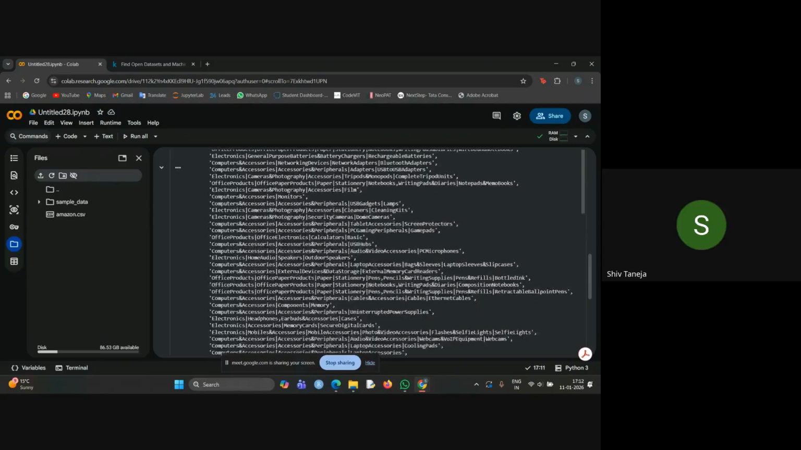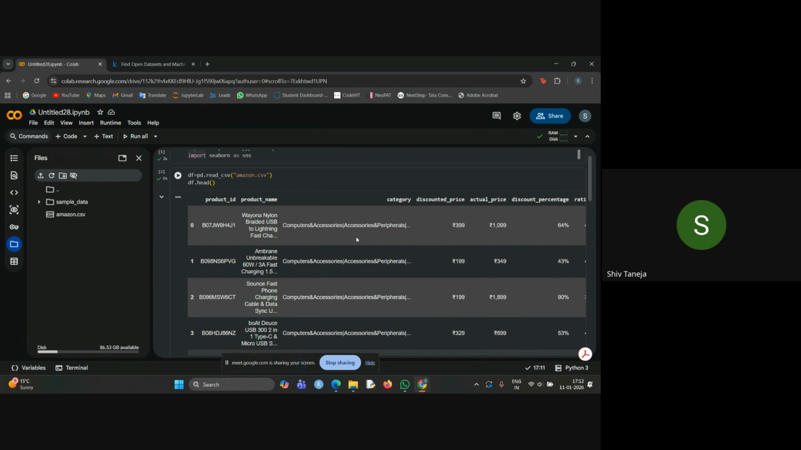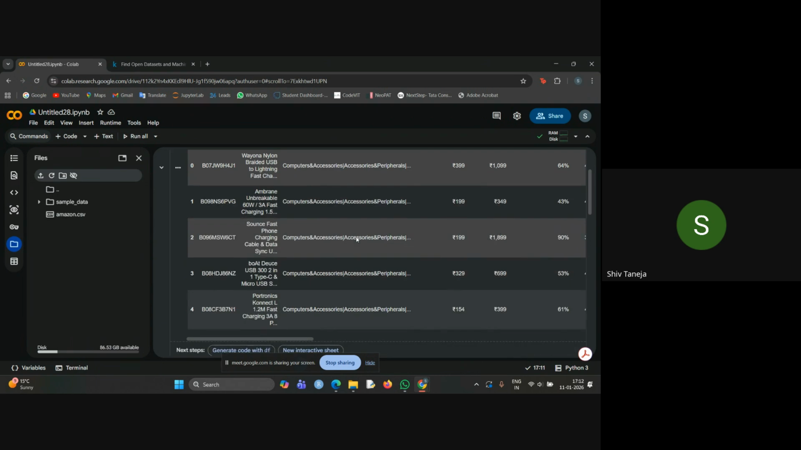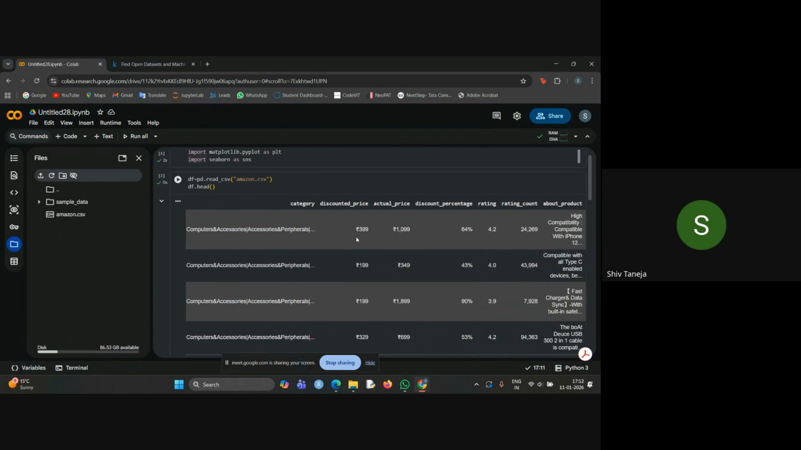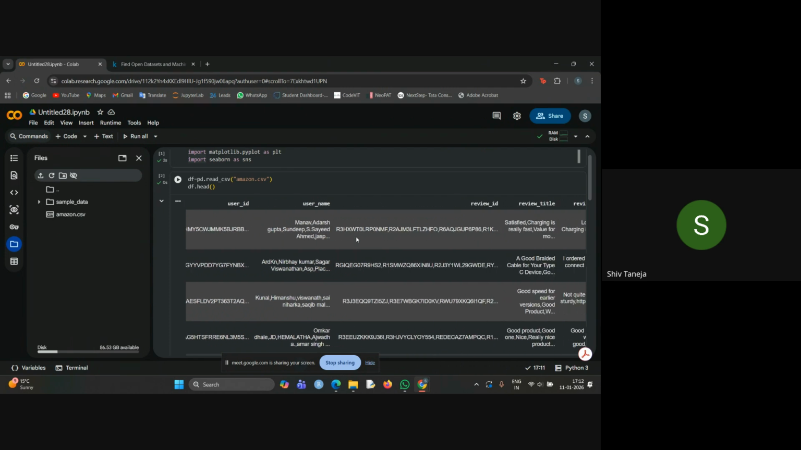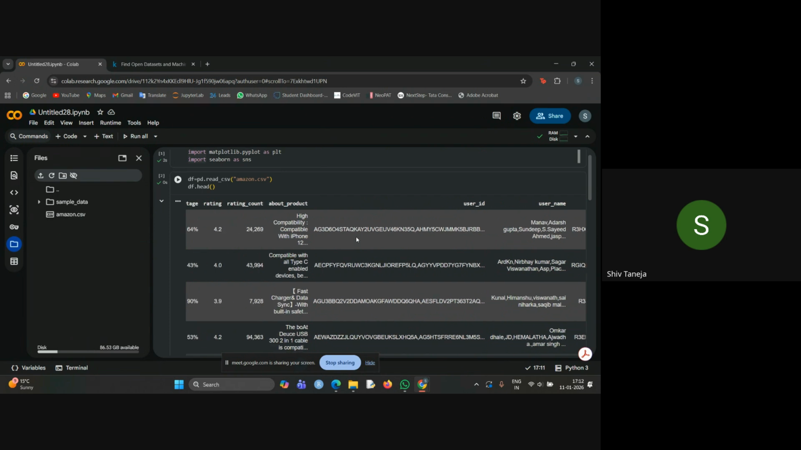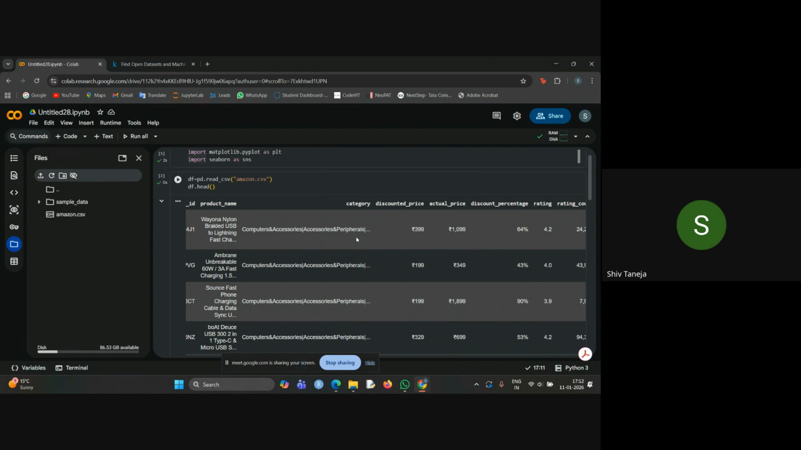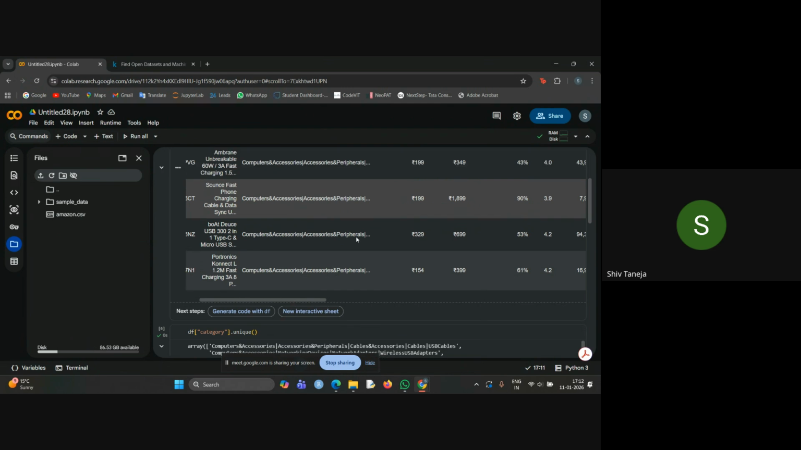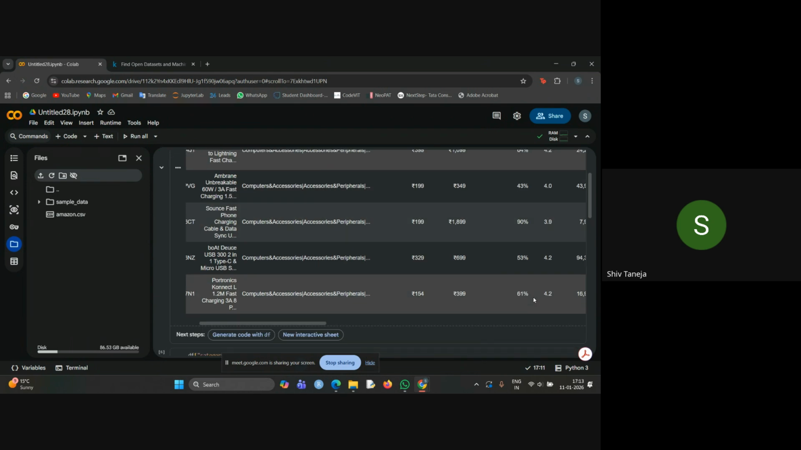Okay, so lots of categories. Okay, and let's go to... okay, if you want to know, like we need to compare the discount percentage, like how much discount we are getting on every table, or what is the rating. Okay,